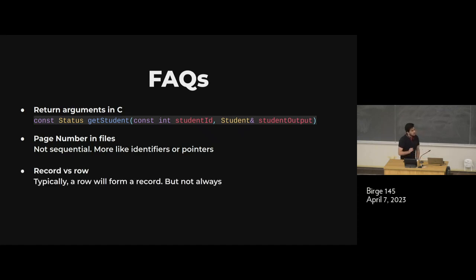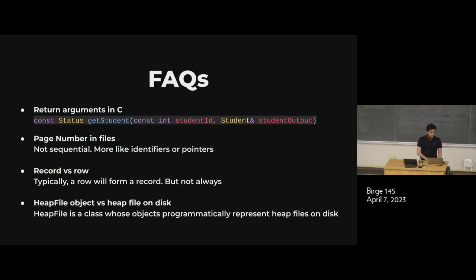One more piece of nomenclature in this is a record and a row. So in this discussion, you'll frequently hear me talking about records. Now, typically, a record and a row are the same thing, right? When you insert a row into a file in a database, that will be stored as a record. But this is not always the case, right? You'll have some cases where records store something other than a row. So just keep that distinction in mind. But for the purposes of this discussion and for your project, you can assume that a record is the same